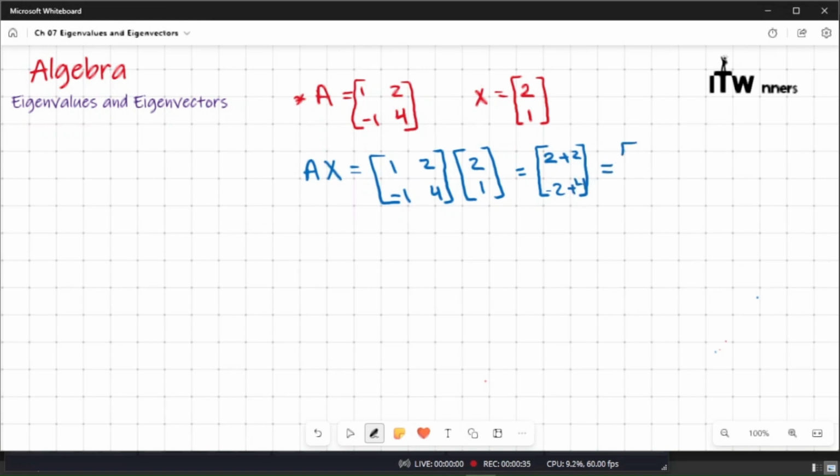So this will be equal to 4, 2, and I can say that this will be equal to, taking 2 as a common factor, 2 times the vector 2 and 1. So if I want to make a change to this vector x by multiplying it